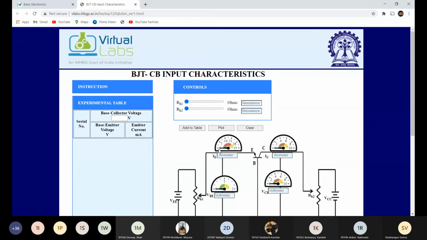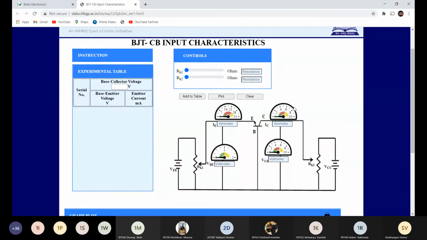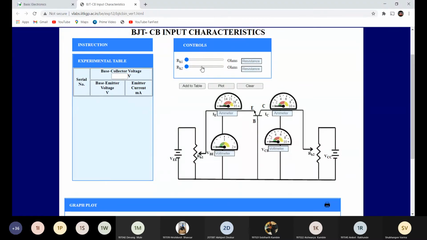Now we are going to keep the VCB at 5 volt by changing RH2. By changing this RH2, make the VCB constant at 5 volt. Change it till we get 5 volt over here. See, now the VCB is 5 volt.